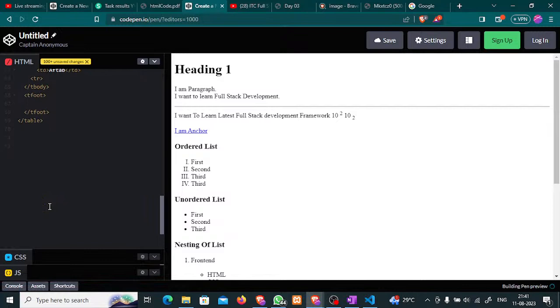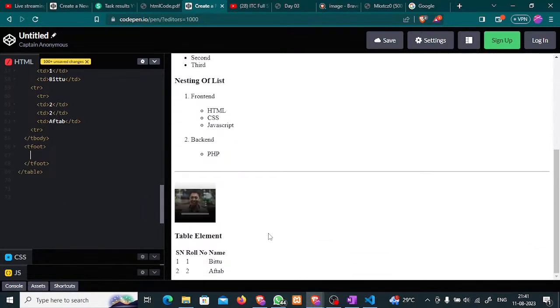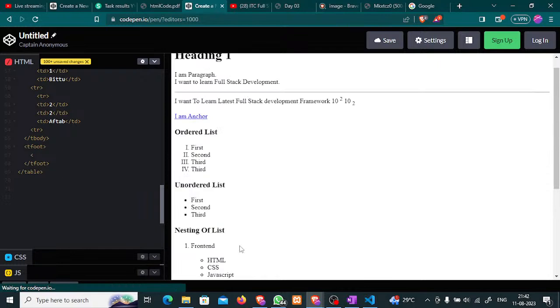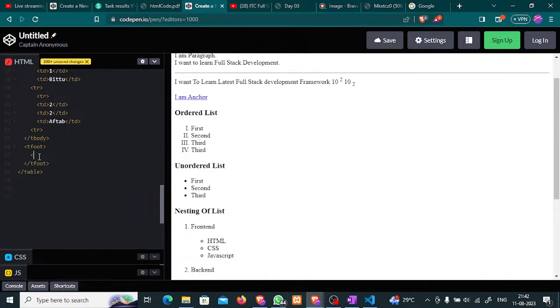And again, if you want your total to be displayed in a little more bold form, you can use the th tag, because th makes your text bold. Okay, so you can use th as